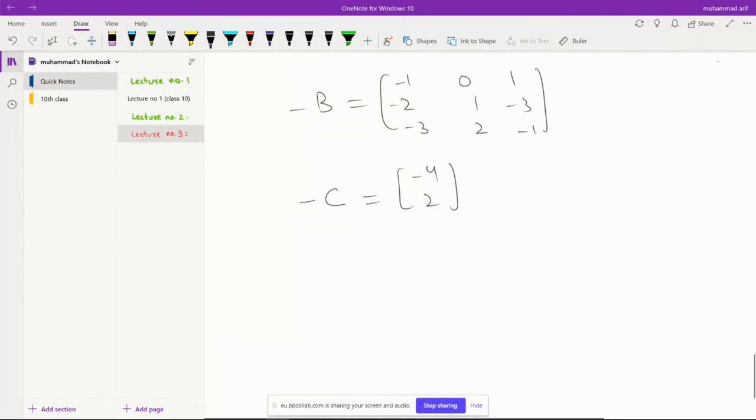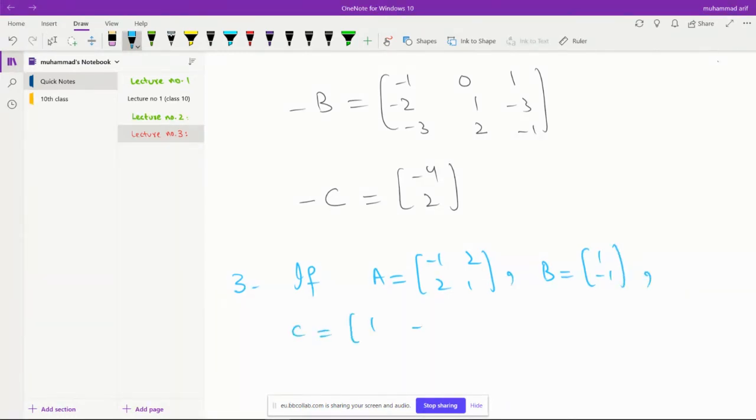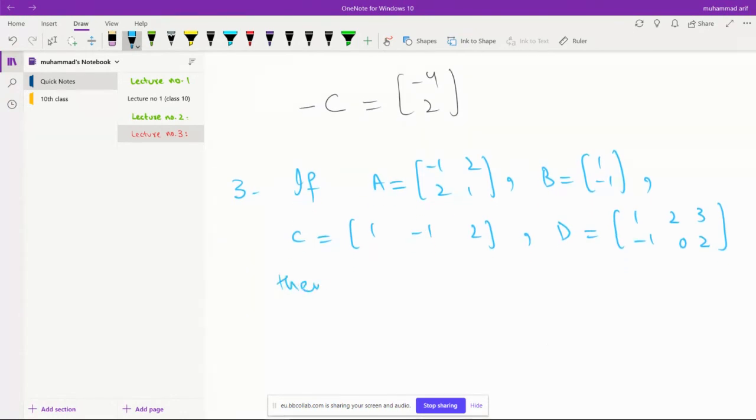Now we come across question number 3. Question number 3 is, if matrix A is equal to [-1, 2; 2, 1], matrix B is equal to [1, -1], matrix C is equal to [1, -1, 2], matrix D is equal to [1, 2, 3; -1, 0, 2], then find